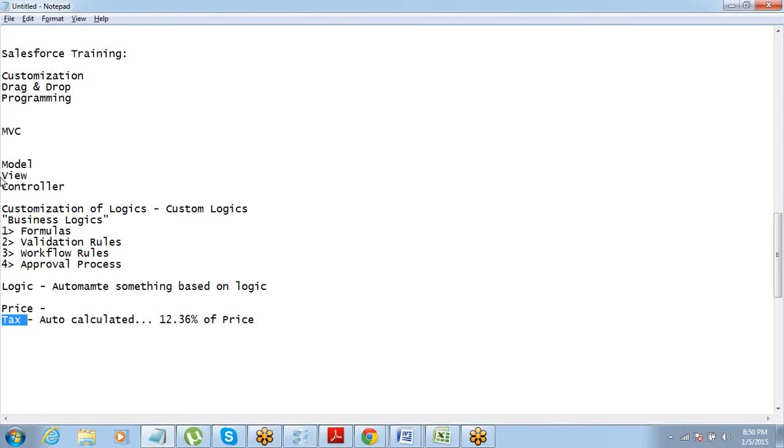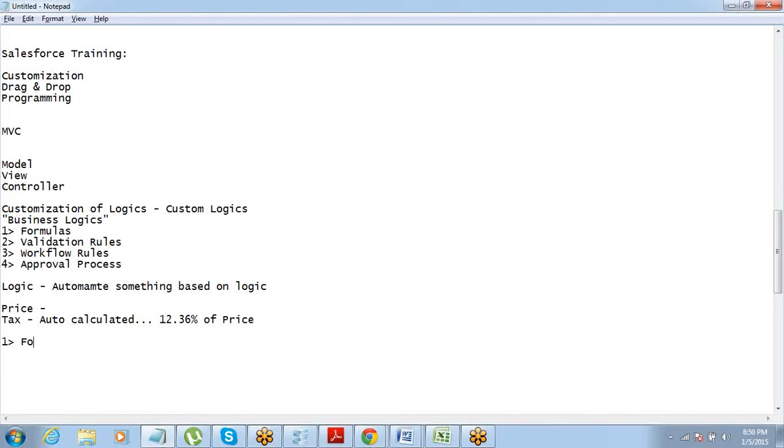So this is the simplest of the examples. It can go a lot more complex. It can become as much complex as you can make, right? So this is just one simple example. So if I have a clear defined logic, I can save some man hours in that application, and things can be automatically calculated. So this can be done using a formula.